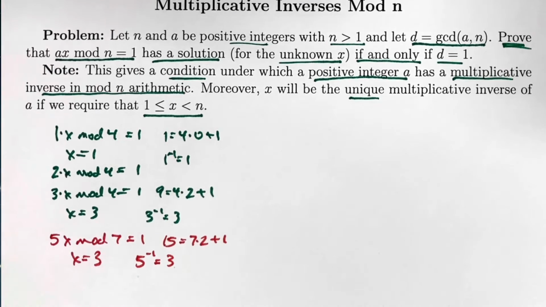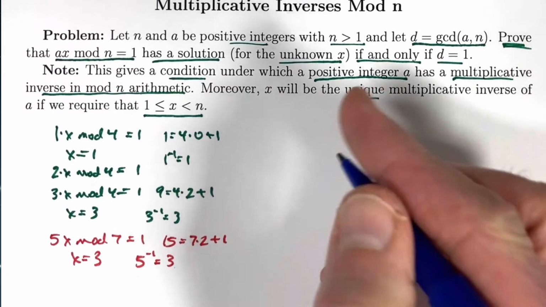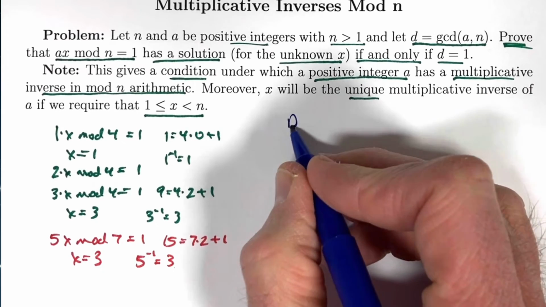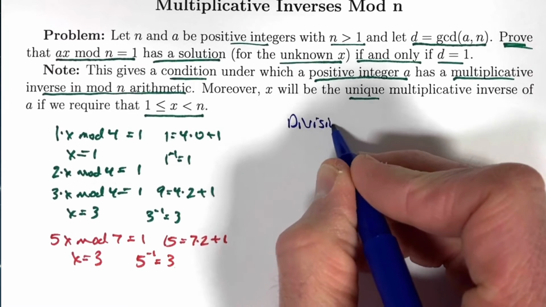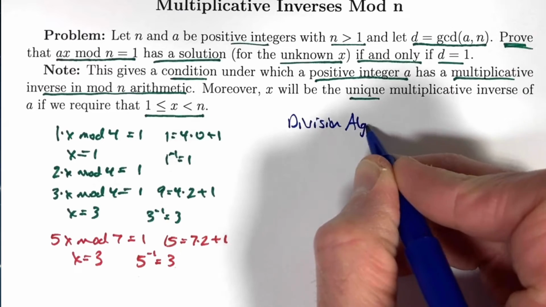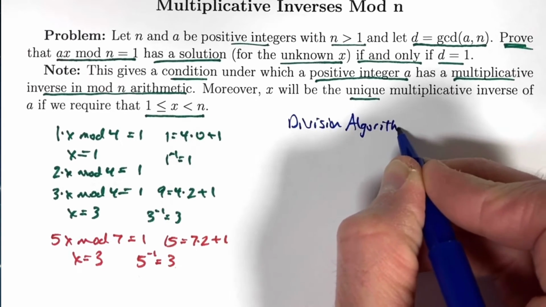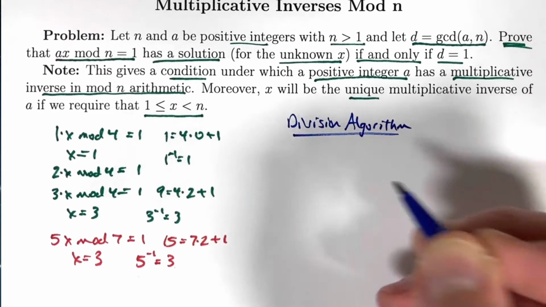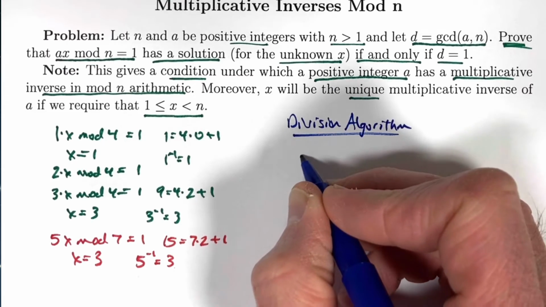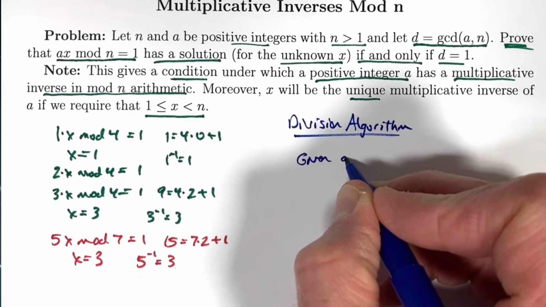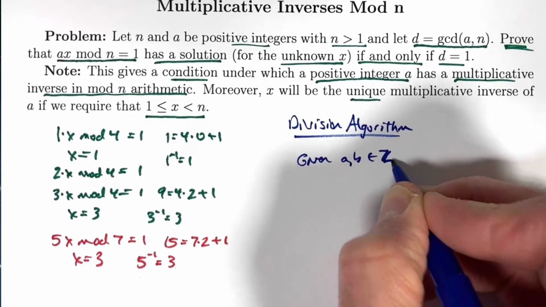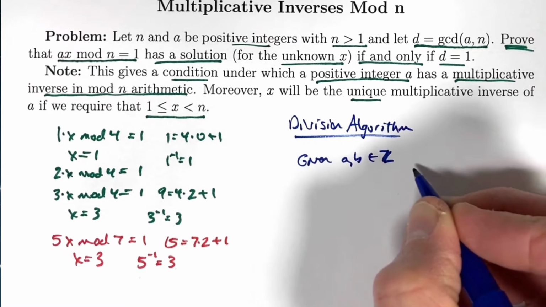To do the proof, what theorems do we need? The first theorem that we need is called the division algorithm. It's kind of a funny name. Algorithm means procedure, but this is really a theorem. It's a mathematical fact. Given any two integers a and b that are elements of Z, the set of integers, with,